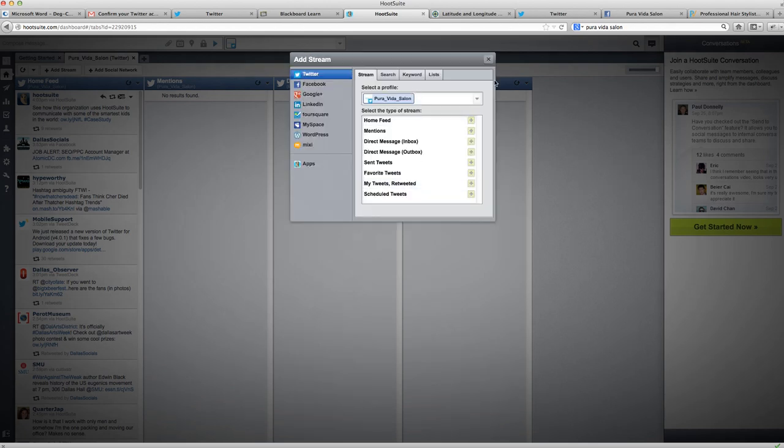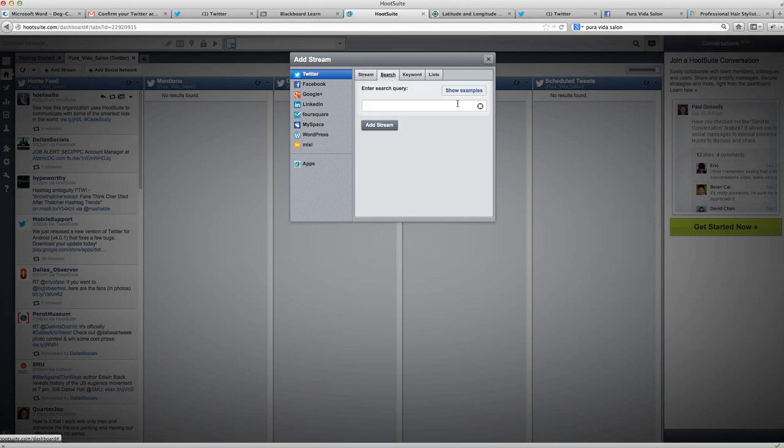Now this is where it gets really, really interesting and really, really valuable. You can add favorites, you can add your tweets that have been retweeted, and you can add one that is your scheduled tweets. So if you start scheduling a tweet, and I'll show you how to do that, then they will all be right there. And what is the most valuable part of Twitter, Twitter is